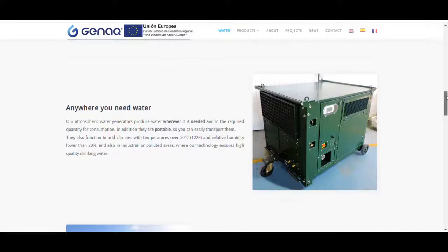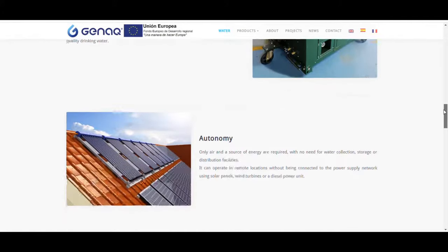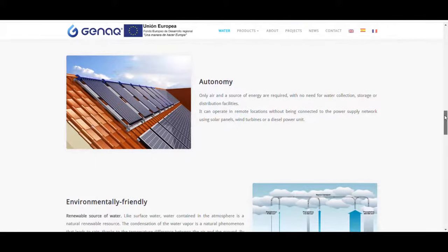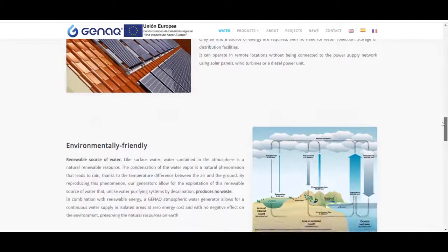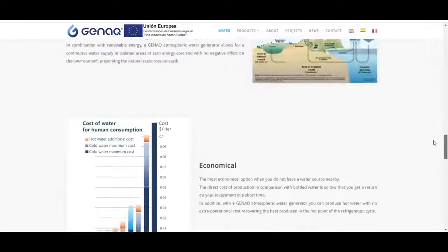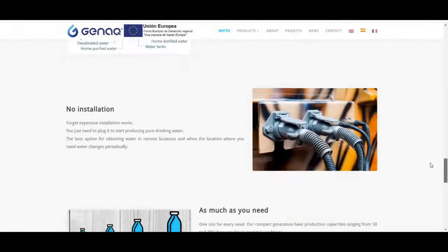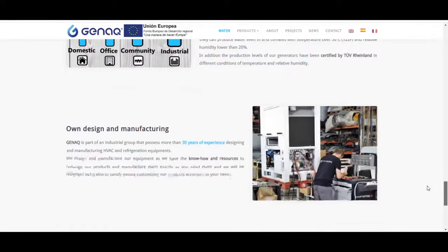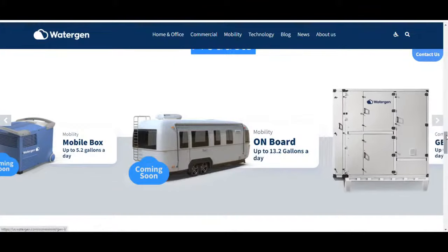They even have an article, I believe, where they're talking about putting them in a Ford truck or something, so they can go from place to place and generate water. A renewable water source, of course. It's a wonderful concept. And yes, it does take electricity to run this. But if you'll see here on WaterGen,